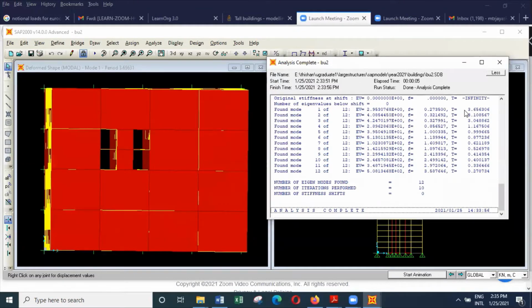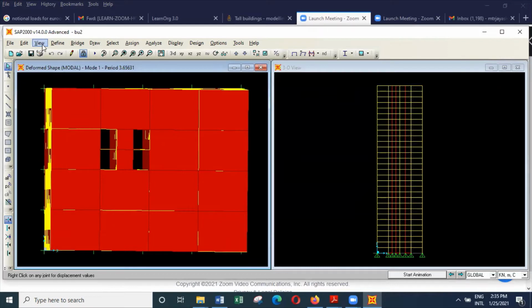So when you use that particular rule, you should get something like 3 seconds. But here you can see we are getting values slightly above 3 seconds. And you can also see when you allocate the correct mass, the natural period of vibration changes. But if you look at the modes,